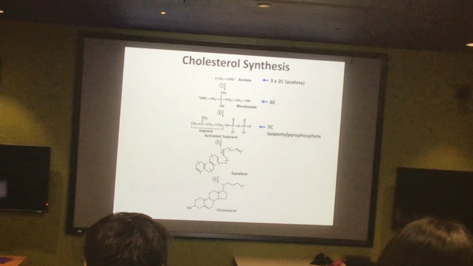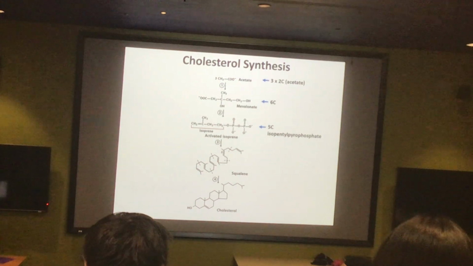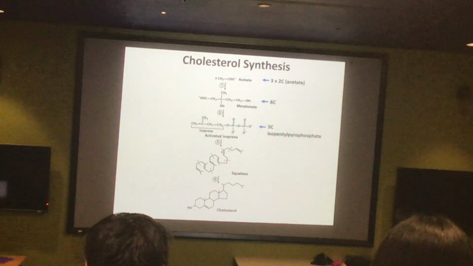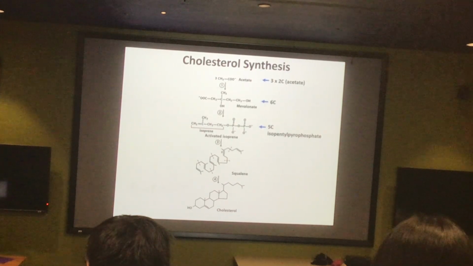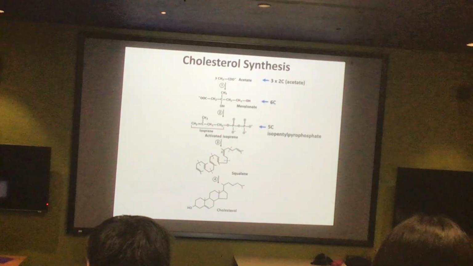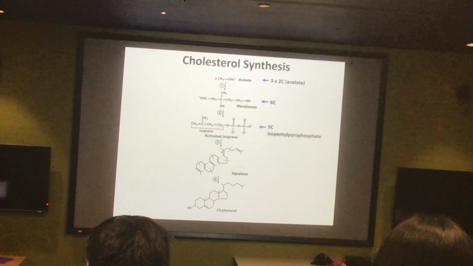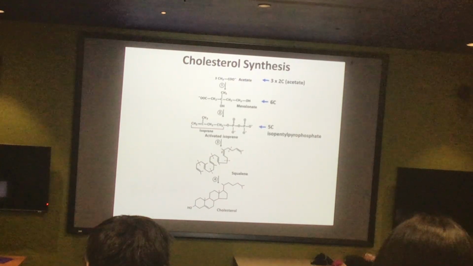So this is sometimes called the mevalonic acid pathway because this mevalonic acid, which is going to combine our acetates together, is going to be a crucial intermediate in the synthesis of the cholesterol. Of course, this is also not sufficiently a reactive molecule. This is not isoprene, so we need to convert this mevalonic acid into the activated isoprene. So here is our isoprene, right, that we're going to be working towards synthesizing, and here is our pyrophosphate.